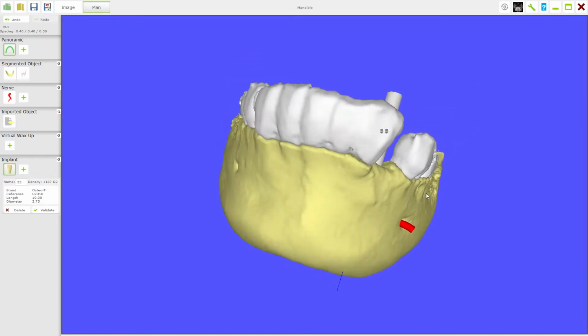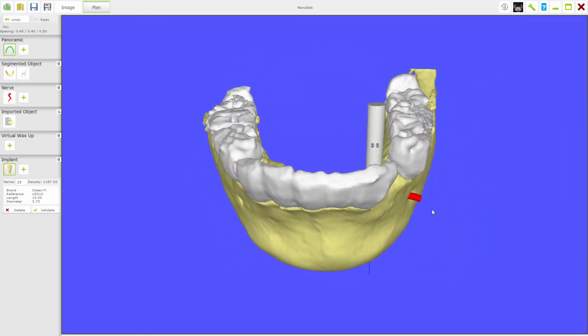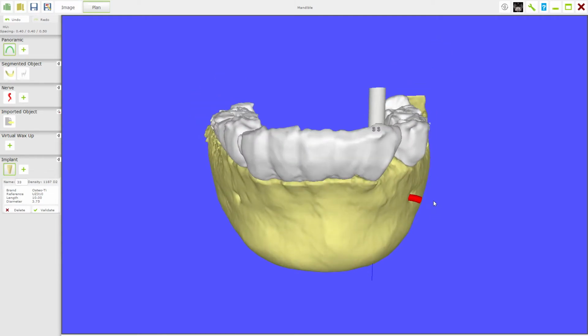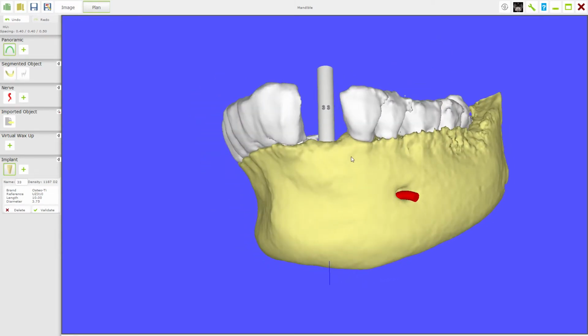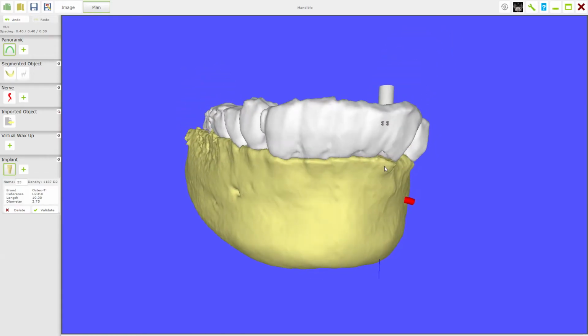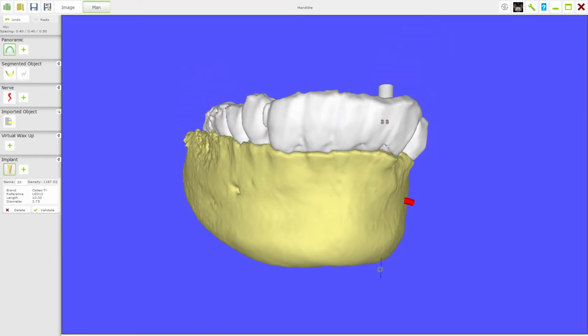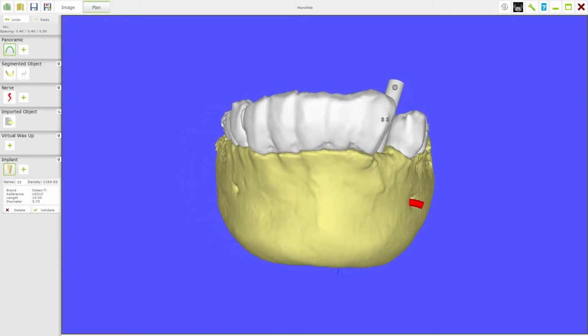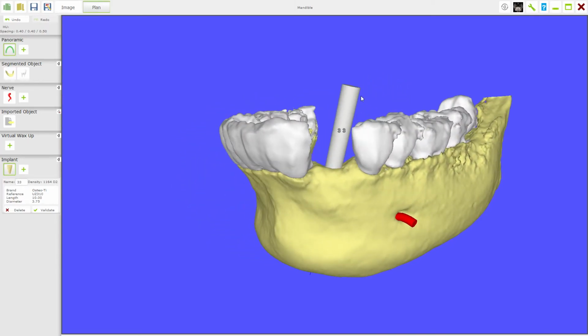So what we can look at, we can now look at angulation, and maybe by changing the angles of this case, we can make things a little bit more easier for ourselves from a restorative point of view. So mesiodistally it's probably about right, but buccolingually it's not too happy at all. So we can see this line down here, and if I grab hold of it, I can actually lean the implant over, or I can also lean it over from here. You can see I can turn the lean. I can, by right clicking on that, we've twisted it there, upright it,